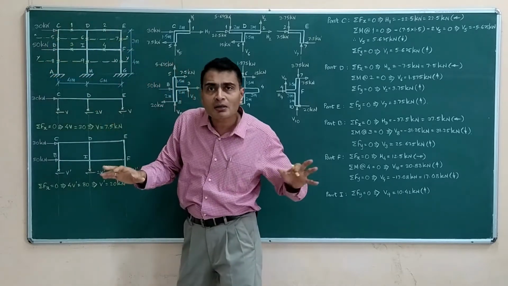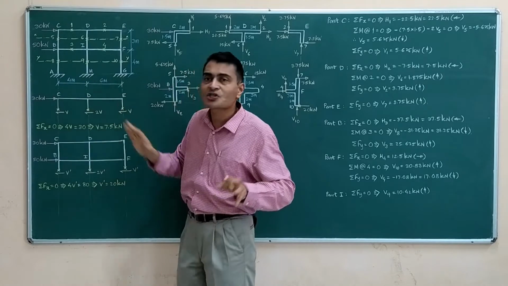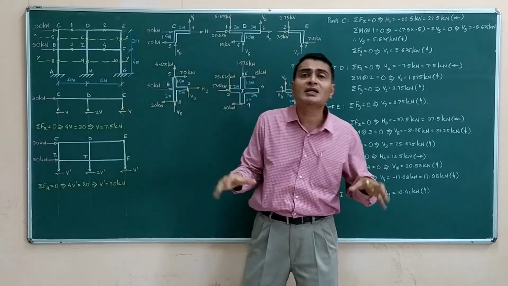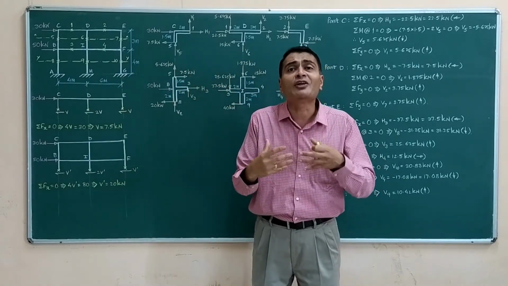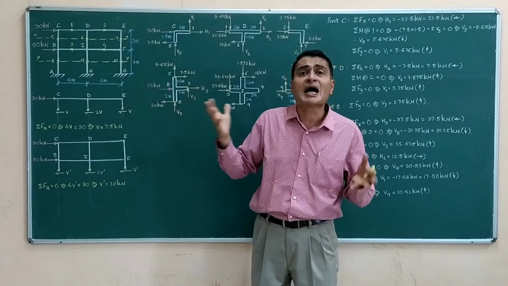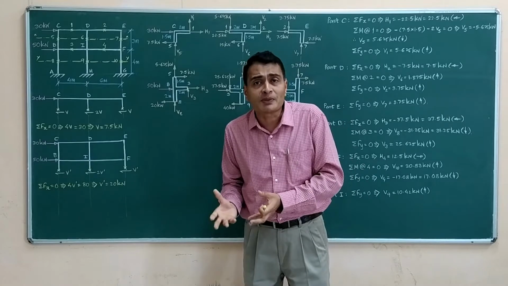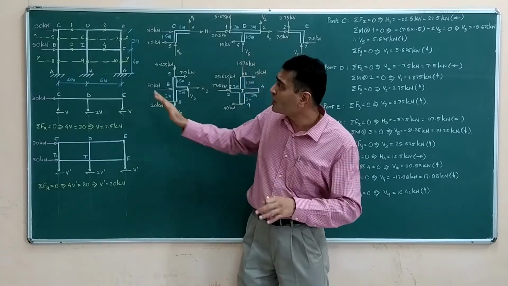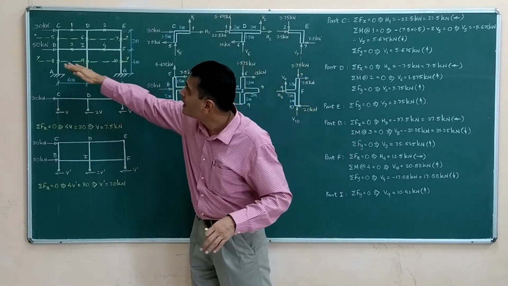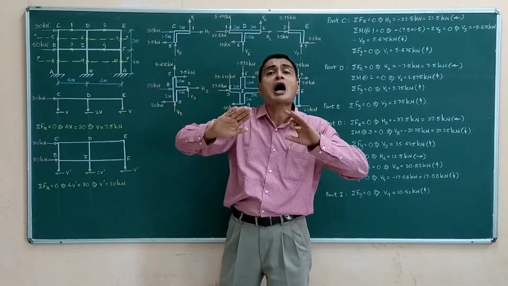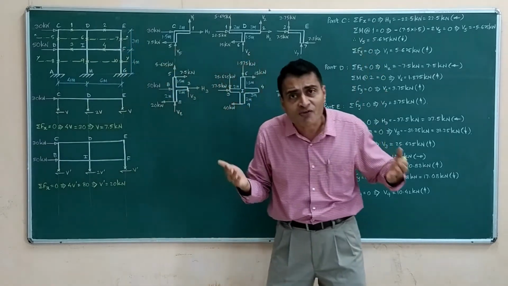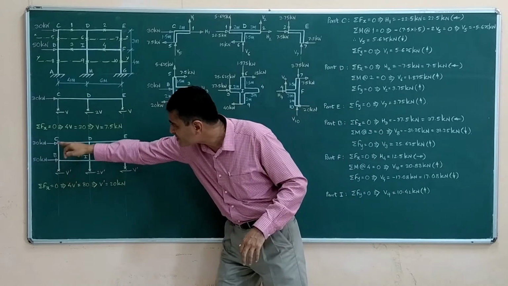So nowhere I am involving these reactions or anything like that, because all that is going to become indeterminate. The frame itself is highly indeterminate. That's why we are resorting to approximate method, Portal method. So I am not considering the lower portion at all. I am considering the portion above section YY to draw my FBD, and observe this is that FBD.